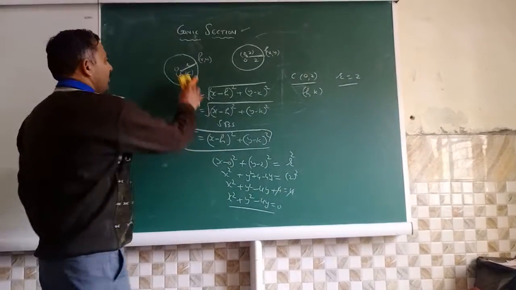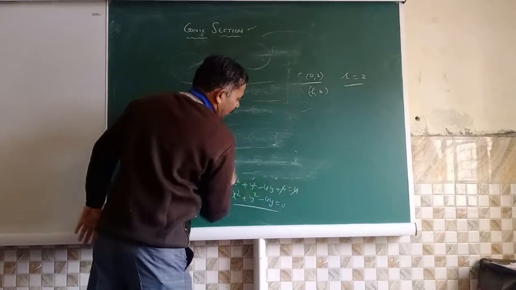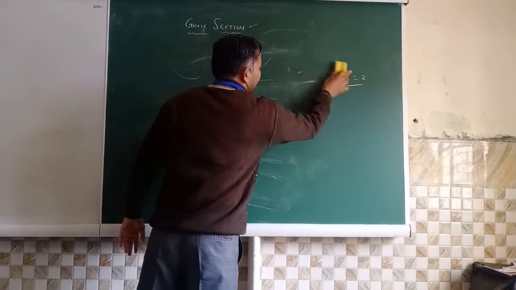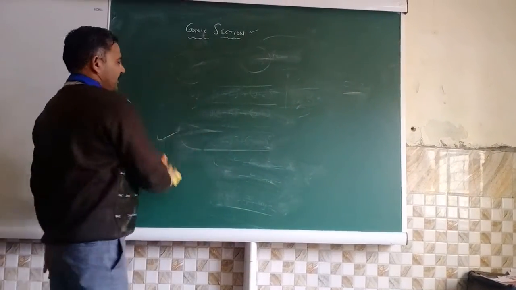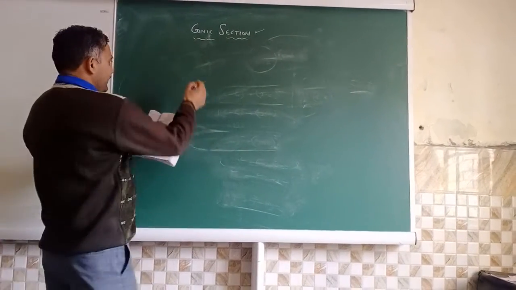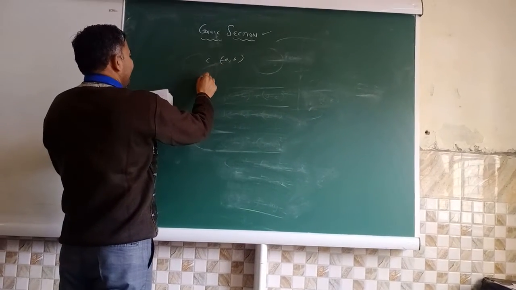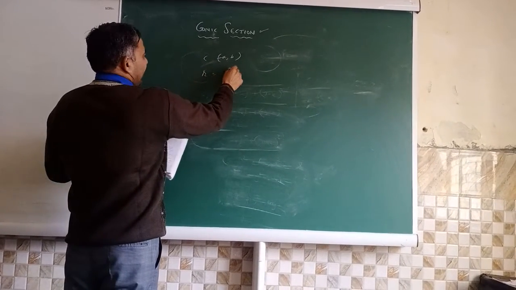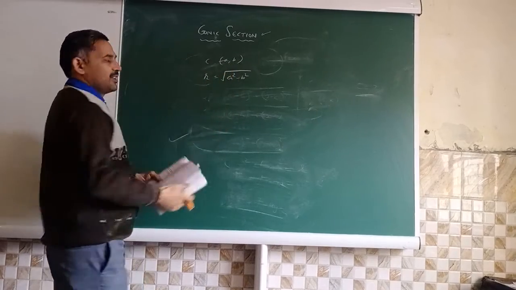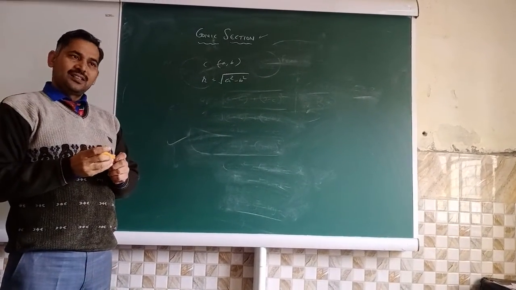One more important question, you see here. Second case. Question number 5. This is most important. Students are confused here. So the center is given as (minus a, b), and the radius is also given, square root of a square minus b square. So how do we make the equation of the circle?